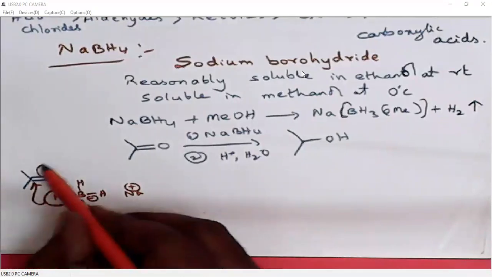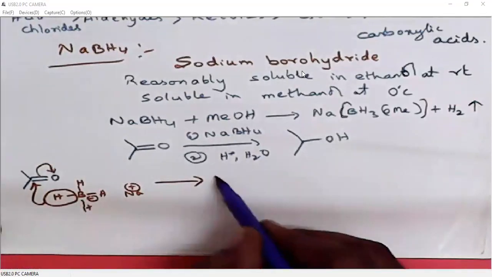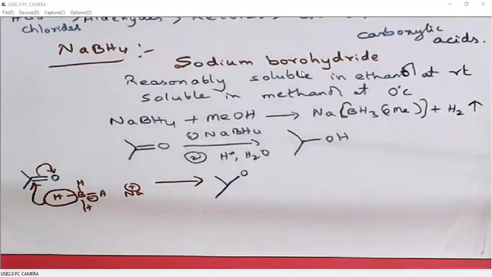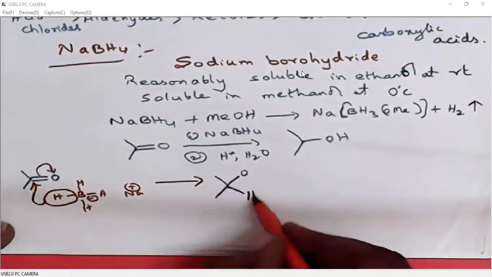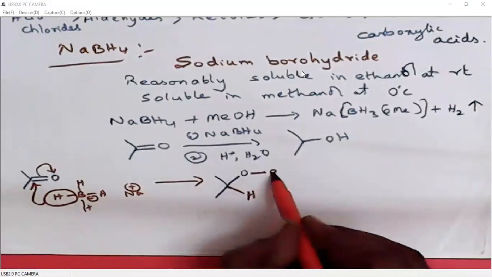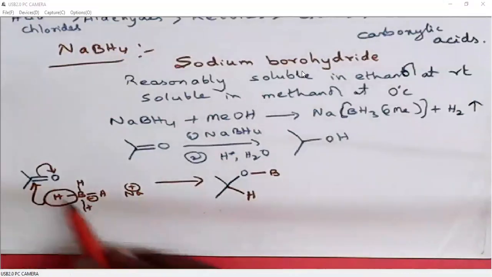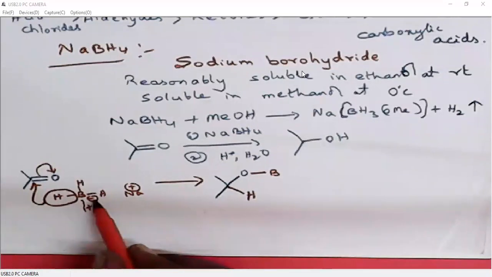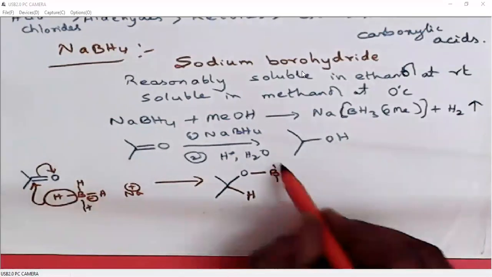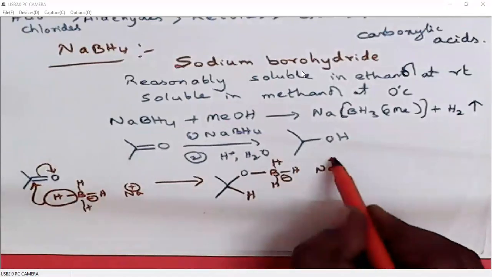Then this carbon oxygen double bond will polarize towards oxygen, giving a hydride transfer in the first step itself. Then O minus will add to boron. When H minus leaves, because the bond pair of electrons also moves, the negative charge is nullified, but when O minus attacks boron, the negative charge comes again, with Na plus.